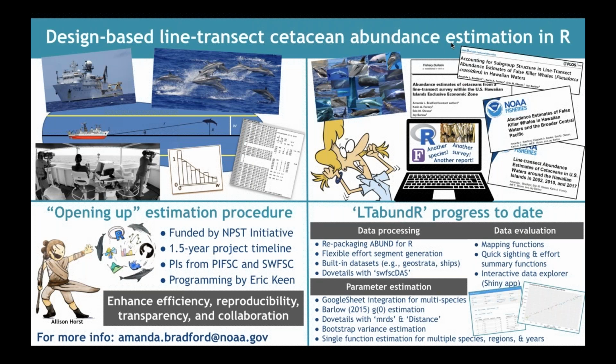You know the story. Well, my story is specific to design-based line-transect abundance estimation of cetaceans in the Pacific Islands region, which we've been doing since the first ship-based line-transect survey of the Hawaiian Islands EEZ in 2002 that was conducted by the Southwest Fisheries Science Center back when the Honolulu lab was just a field office. Once we became our own center, we inherited a wealth of line-transect data collection and analysis techniques that had been refined by the Southwest Center over many decades,